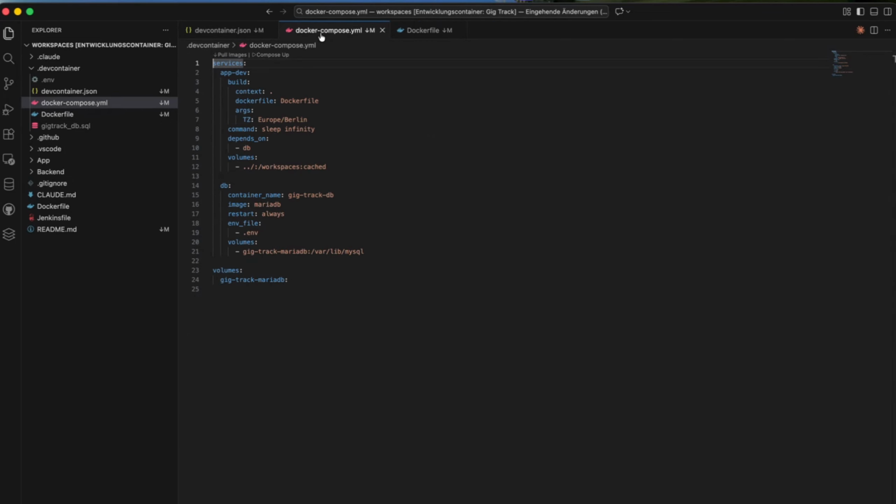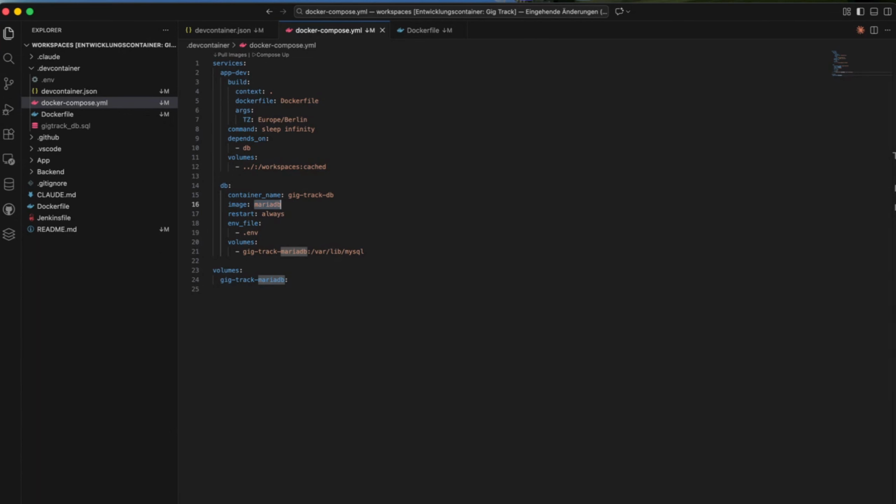Then have a look at the compose file. First thing is that this is a main container again. I reference the Docker file here and nothing fancy, but there's also a database container. So every time I start this development environment, the database container is also starting, and I can use this for my local setup. So I don't have to install a database anywhere on my host machine. Yes, I could use SQLite or H2 database here, something like this, but I wanted to use the database I'm